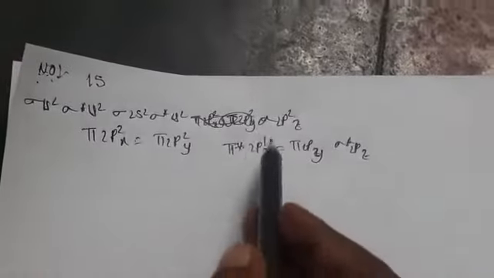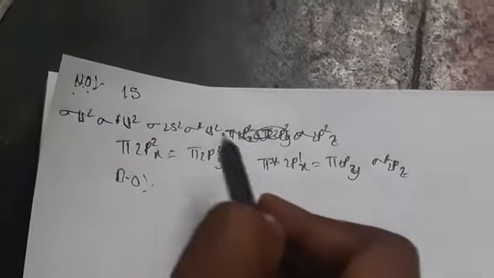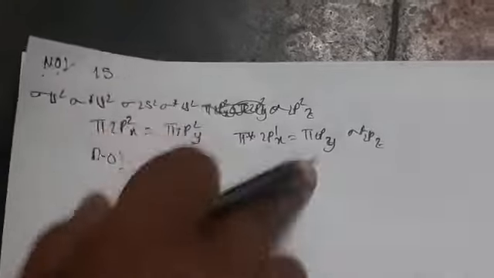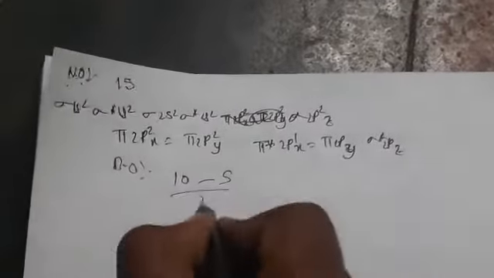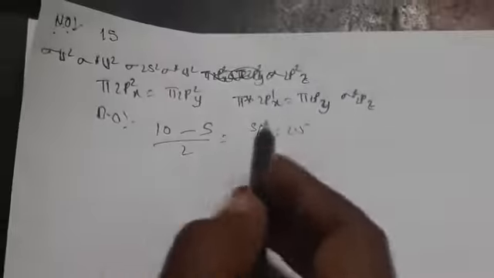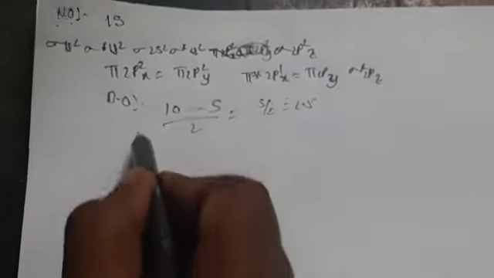So if you observe here, what will be the bond order? Total bonding electrons, how many are we having? 1, 2, 3, 4 and 5, 6, 7, 8, 9, 10. 10 minus the antibonding, how many are we having here? 1, 2, 3, 4, 5. 5 by 2. So here total you are having 5 by 2 equals 2.5 as the bond order. Okay, so coming to magnetic behavior, here we are having one unpaired electron. So that's why we call it what here?